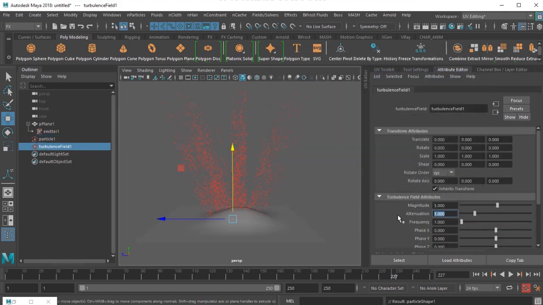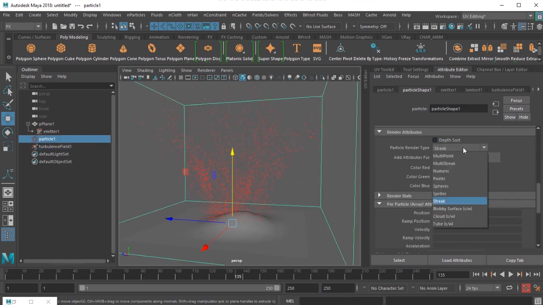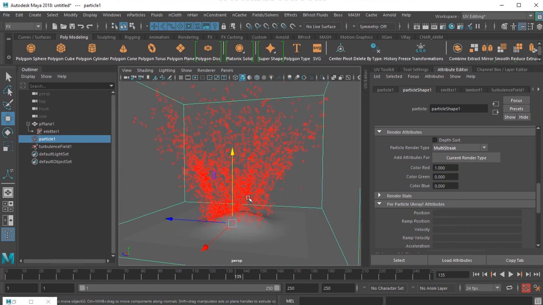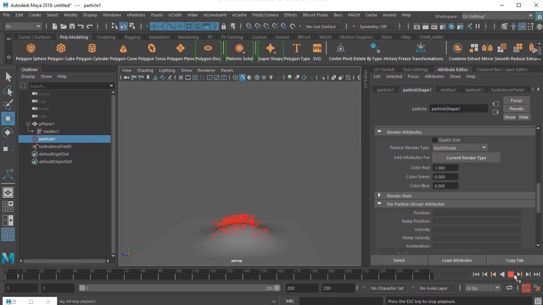The first option is attenuation, which I'm going to make 0, and I expect the particles to go a little bit noisy, more organic, like that. I select these particles and change the particles to multi-streak so that you can see it's a little bit denser, like that.